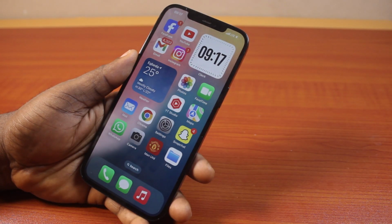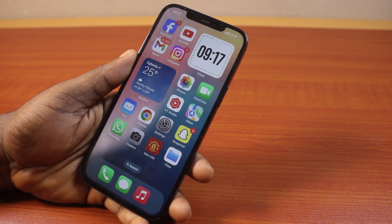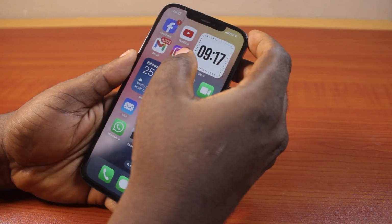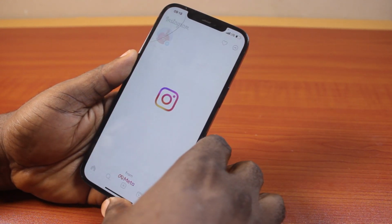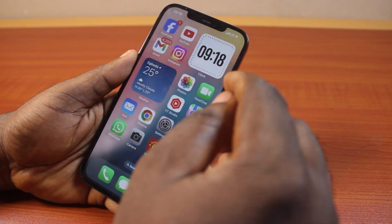In this video, I'll detail how to fix not receiving notifications on Instagram. So if you have Instagram on your iPhone and you discover that you are not receiving notifications on the Instagram application until you open the Instagram app, just like this, then this video is going to walk you through